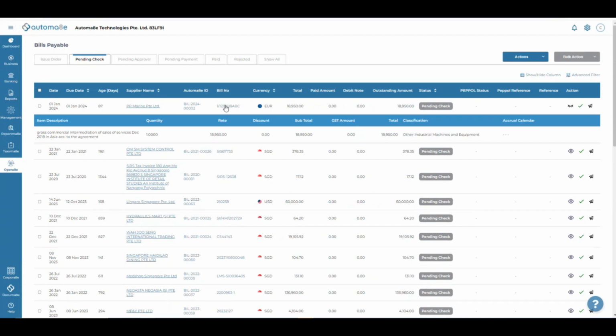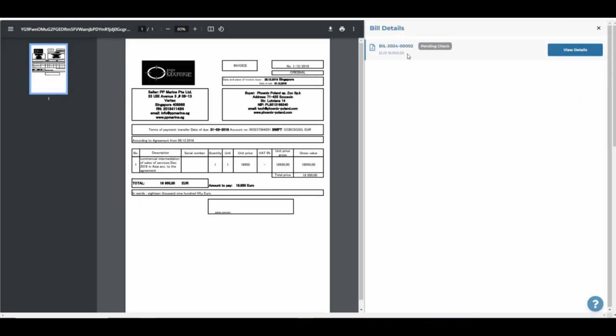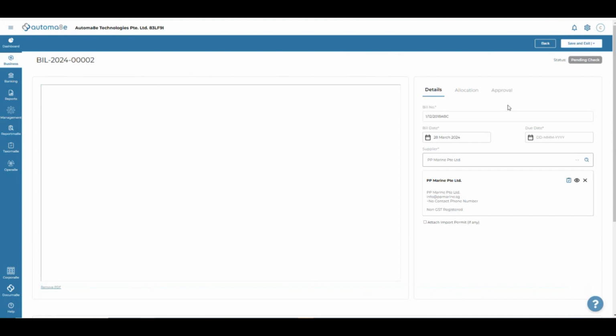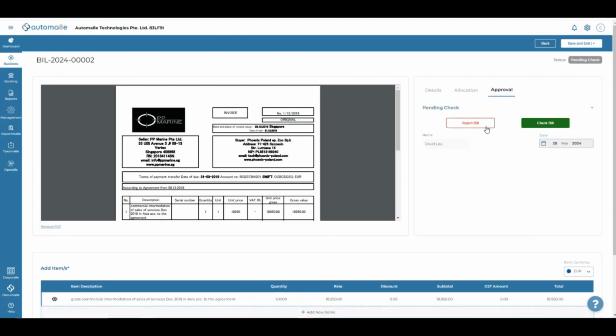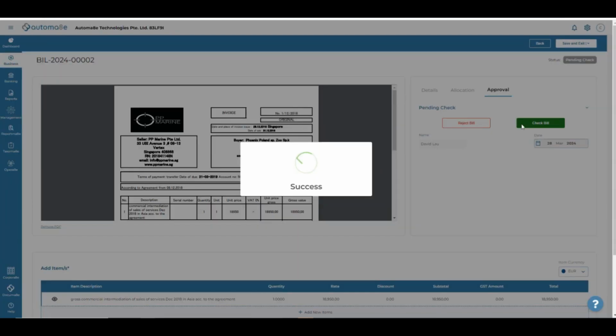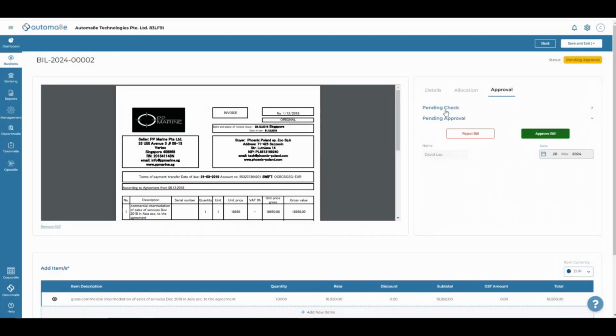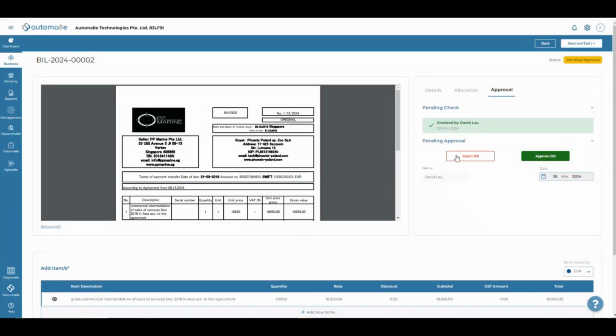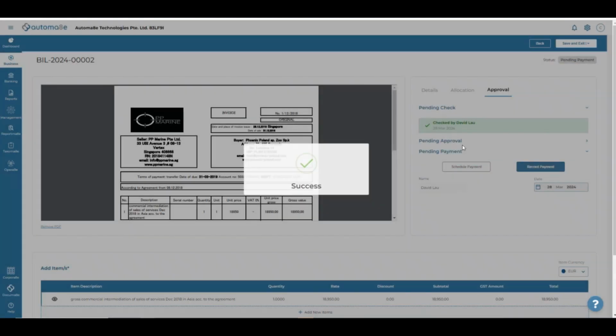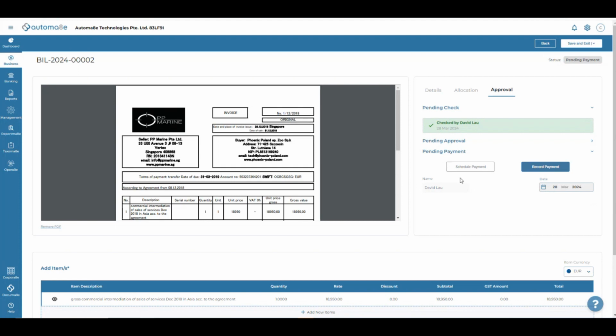If we want to check the bill, we click here. You can come to here, review details. There's an approval process here. You can check the bill, and you see, the name must be here. Somebody else can approve the bill for payment. There's a date there. Approve the bill, the name will be there. So if there's any bill that's paid and there's no name, then you find who is the one who paid the bill. The name will be here.